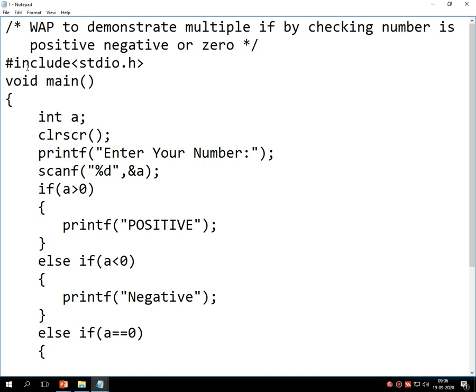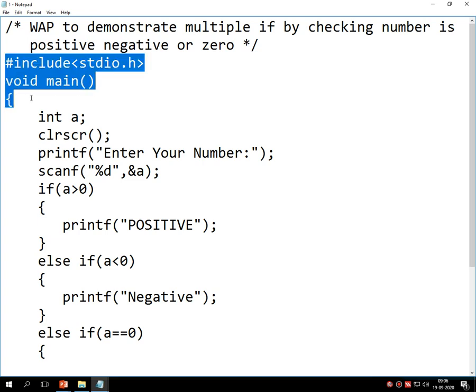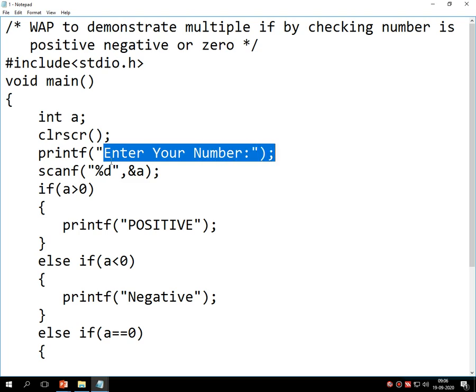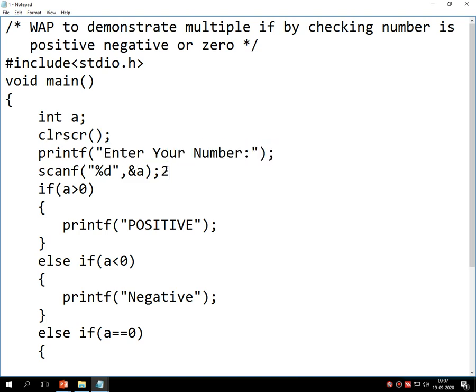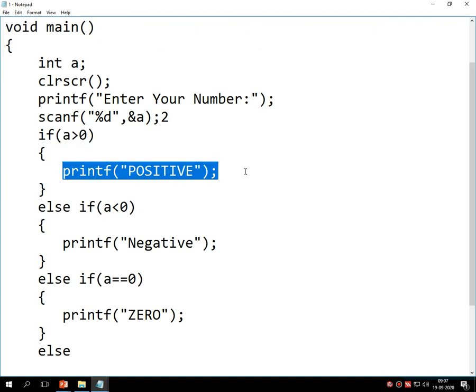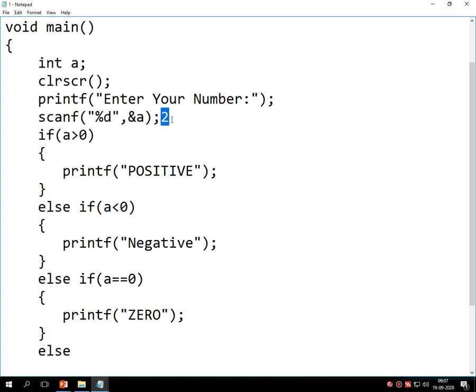Fine, it's done. After the structure of C, integer a, then enter your number. Here I am entering 2, this 2 is stored inside this variable called a. Then 2 is greater than 0. That means this condition becomes true. It prints what? Positive, and the number, and the program gets completed at the first condition.